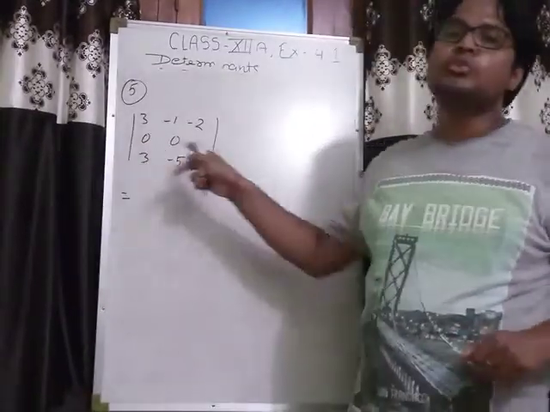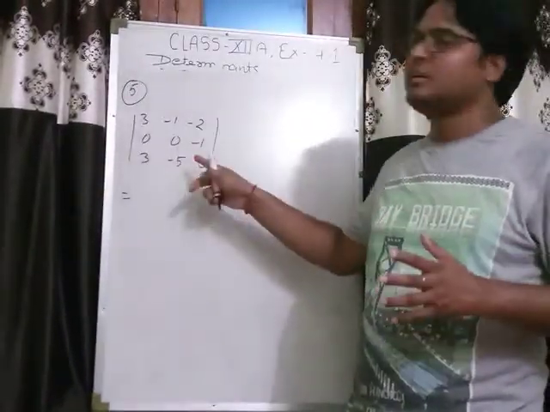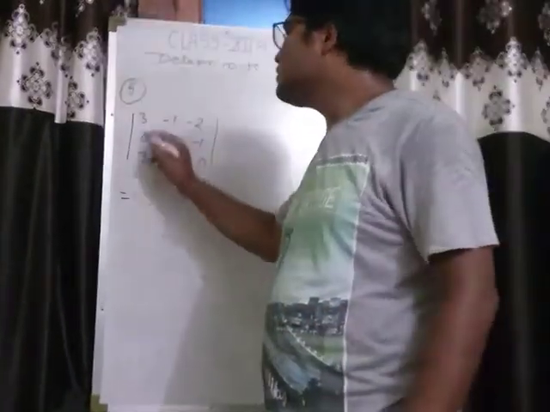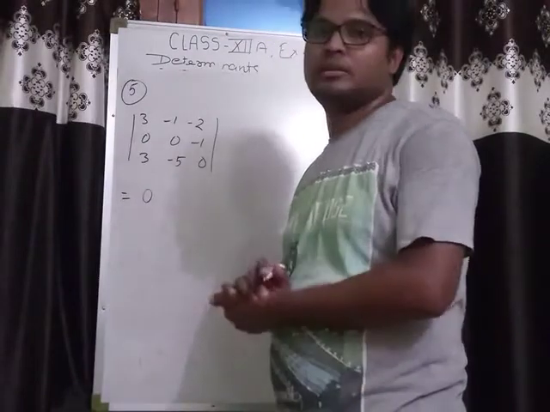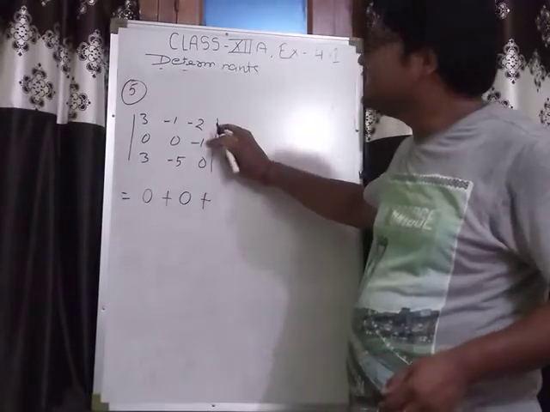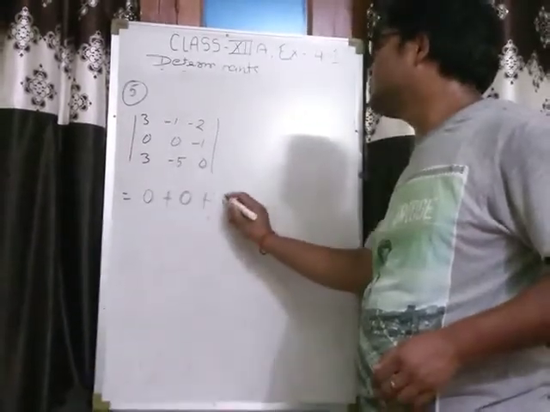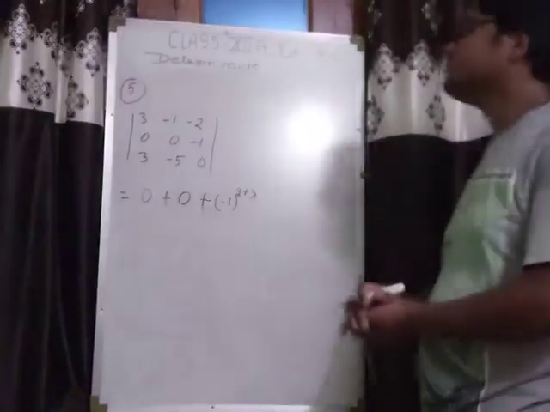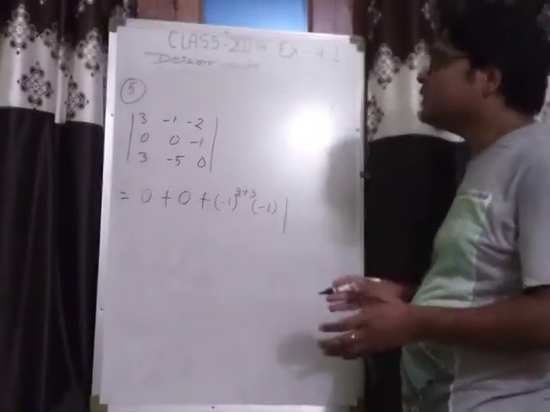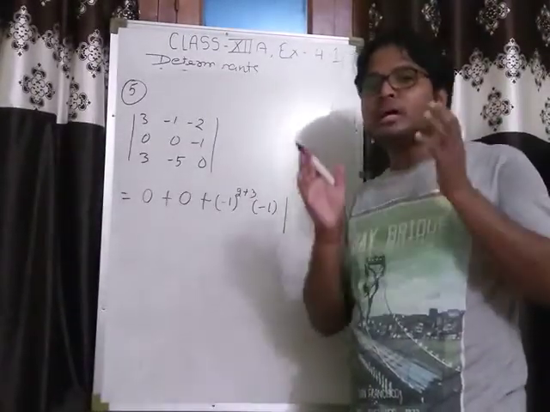तो आप देखो इसमें ये जो सेकेंड रो है, सेकेंड रो में मैक्सिमम जीरो है, तो सेकेंड रो का यूज करके इस मैट्रिक्स का डिटर्मिनेंट फाइंड आउट करेंगे। ये जीरो है तो फर्स्ट टर्म जीरो आना है, प्लस ये भी जीरो है तो ये भी जीरो आना है। थर्ड में आ जाओ, ये कौन सी एंट्री है? That entry related to second row and third column, so -1 to the power second row third column, then multiply by this entry and now find out the determinant of that matrix, which we can find out by leaving that row and that column.